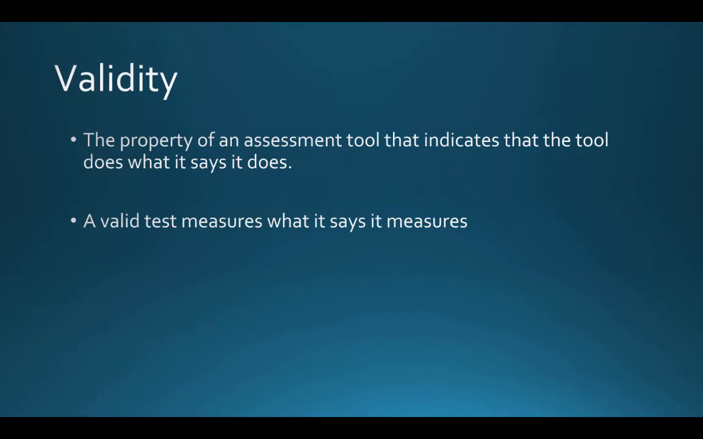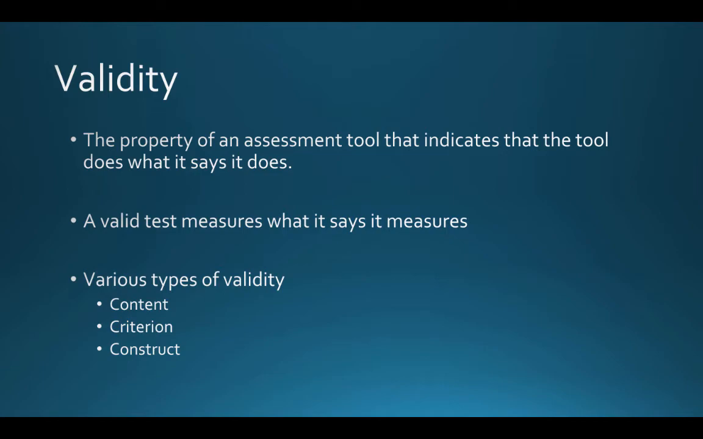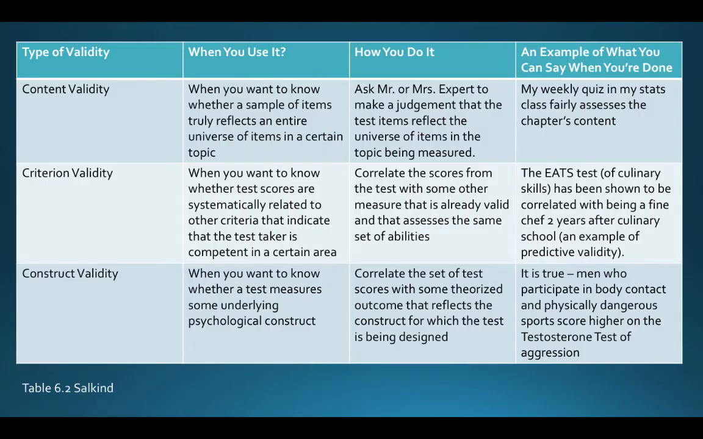A valid test, again, measures what it says it's going to measure, and there's 3 main types, and that's content, criterion, and construct. So if we look at these, again, content, criterion, and construct, the first one, when to use content, well, that's when you want to know whether a sample of items truly reflects the entire universe of items in a certain topic. So the way you do that is you ask an expert, and this can often be referred to as face validity, but you may want to do an evaluation of